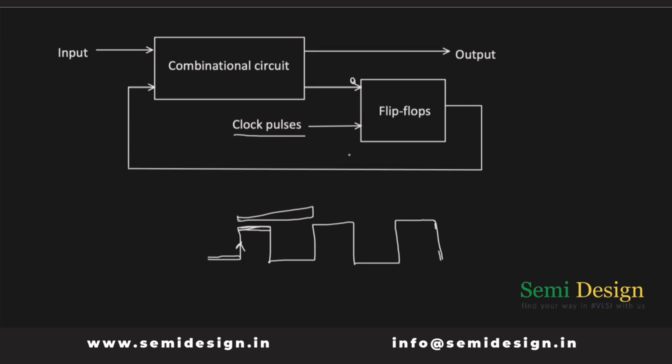Is it so? Because the state will trigger only at the positive edge of the clock. See, here an input arises, it will change the output of the circuit. Next, whenever the positive edge arises, it will trigger the flip-flop to change its state according to the input it gets over here. So it helps the proper functioning of circuits whenever we have this kind of sequential circuit with a single clock pulse.